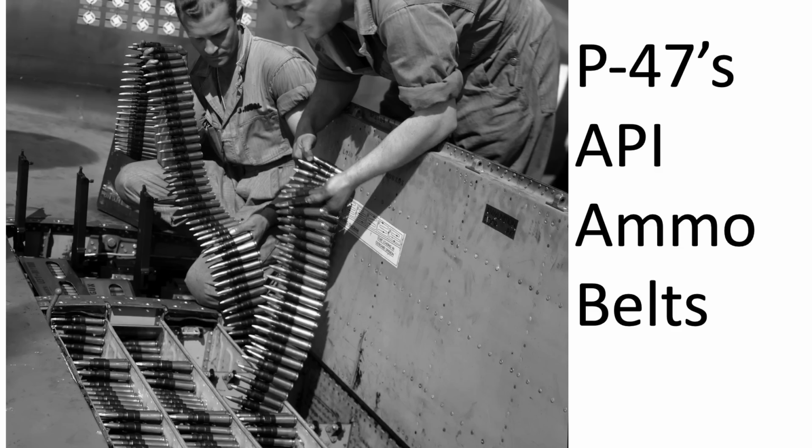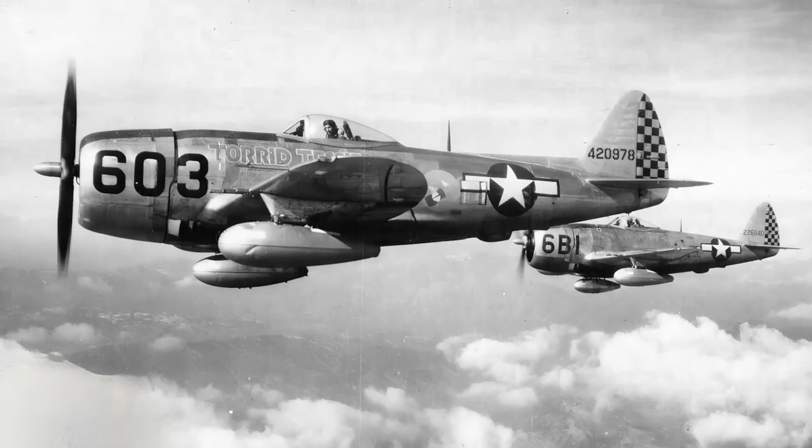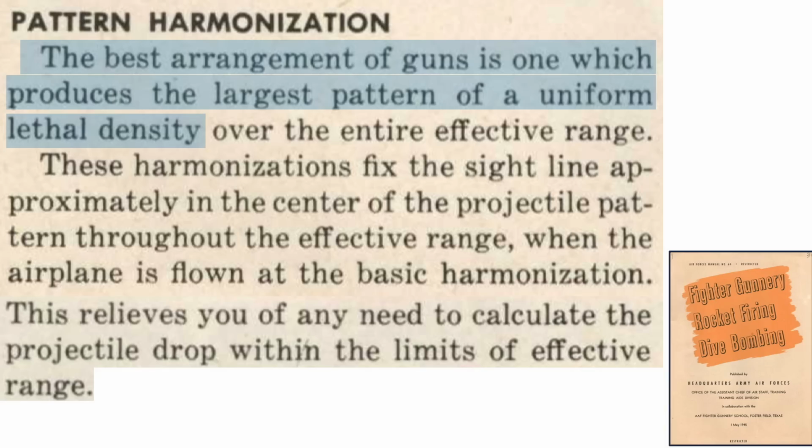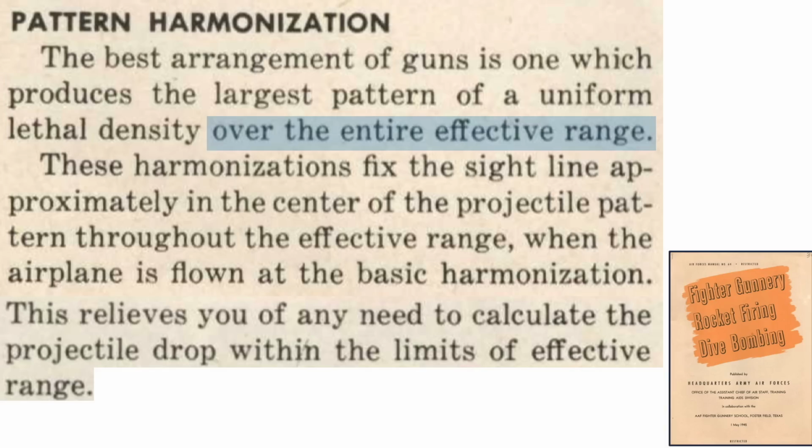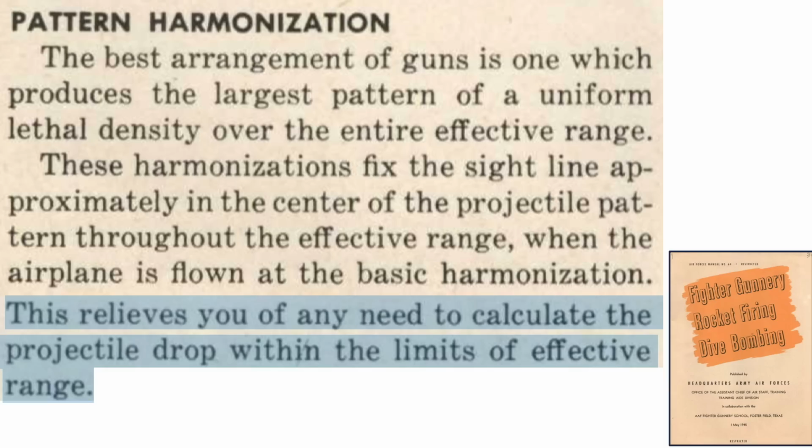The P-47's 8 guns will be adjusted such that they provide uniform lethal coverage of the target's vital zone over an effective range of 450 to 1,200 feet. The gun sight will be roughly aligned to the strike pattern center of lethal hits over the effective range. The pilot does not need to account for the bullet drop due to gravity when firing within the effective range. Since the target area is roughly an 8-foot circle, the strike pattern should be around the size of an 8-foot